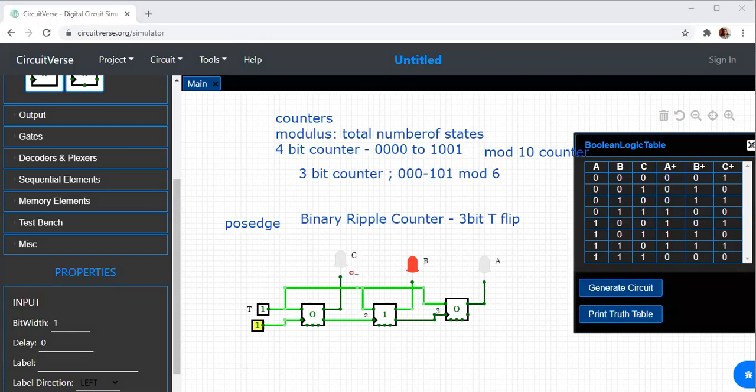The previous input was 1. When I gave the clock, what happens? This flip-flop is toggling because everything is connected to T. So what happened to the next input? The next input changed to 0. What was the previous input over here? The previous input was 0, so the next input will be 1.